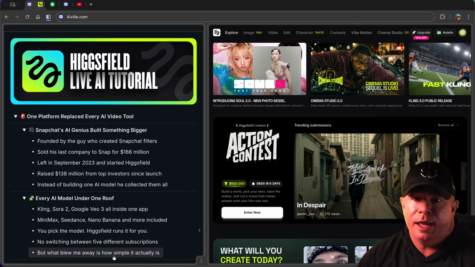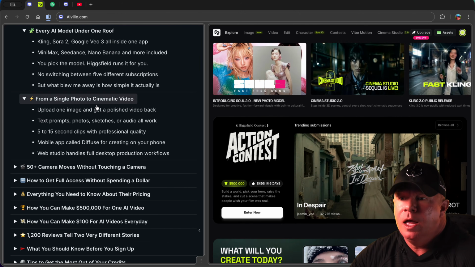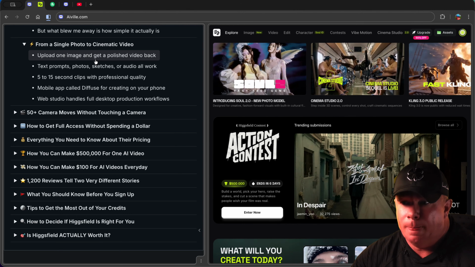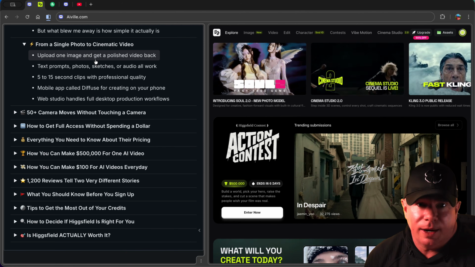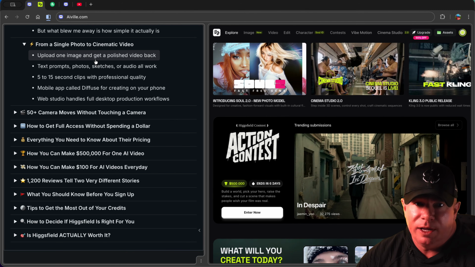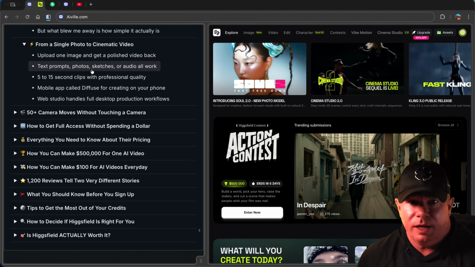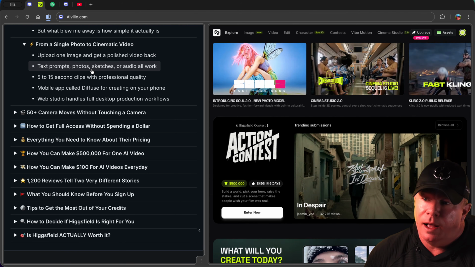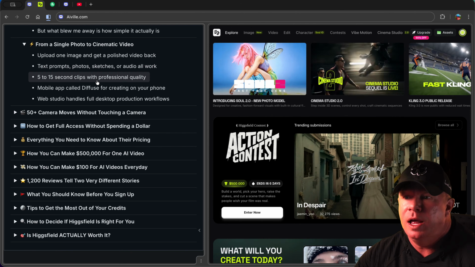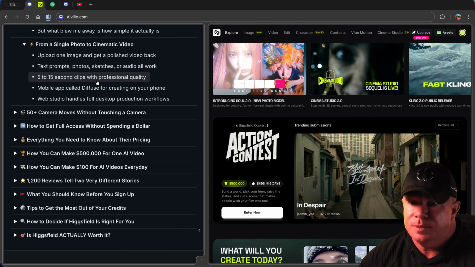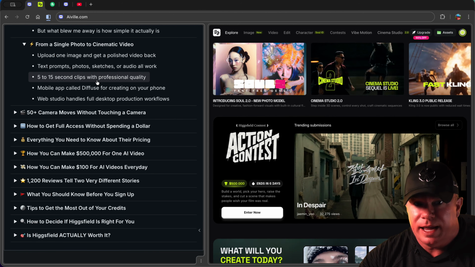And what blew me away is how simple Higgsfield really is, which is what you're about to see right now. Because you can take a single photo, upload one photo of yourself or a photo you generated with AI, and you can get a polished video back. You can use text prompts. If you don't want to create a photo, you could just go right into a video editor, use text prompts, upload photos, do sketches. It'll do audio. Everything works seamlessly together. You can get anywhere from 5-second clips to 15-second clips, all with professional quality with the latest AI video generator